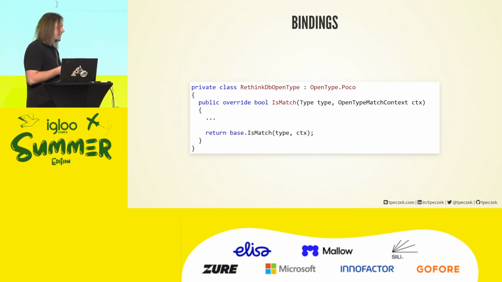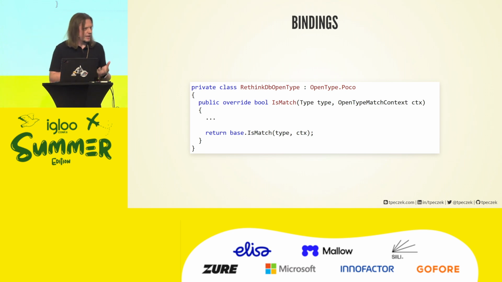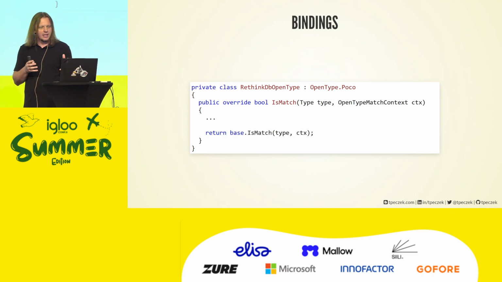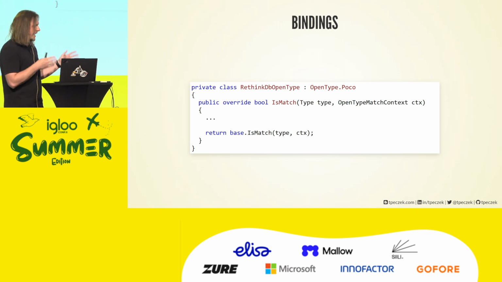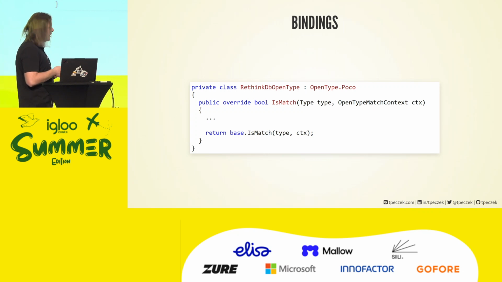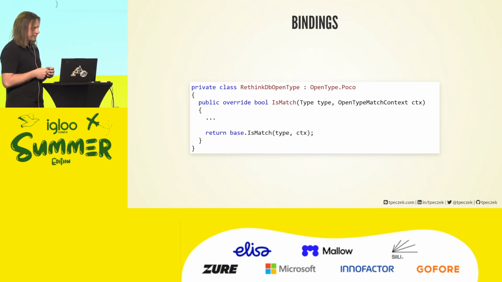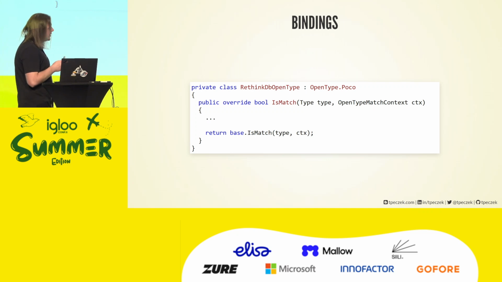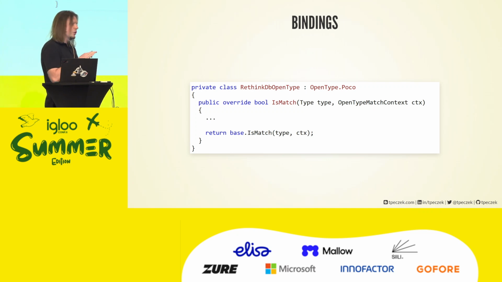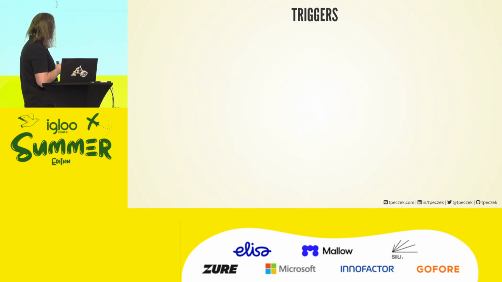So those concepts, those value binders, asynchronous collectors, those factories, this open type solution, let's call it like this, they are what actually makes up bindings. If you understand those concepts, you can actually go to GitHub, grab any extension, read its code, and you will understand what is happening under the hood. But bindings are a little bit less important. I don't want to diminish them. They are very important. But what is more important is triggers, right? If there wouldn't be a binding for a specific service, we are still fine. We can use SDK in our function, connect to it, use it. It's just not that clean, right?